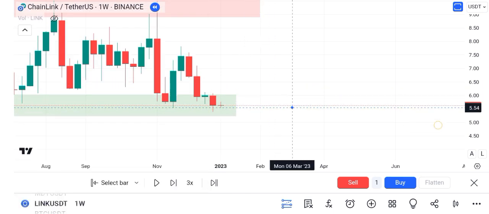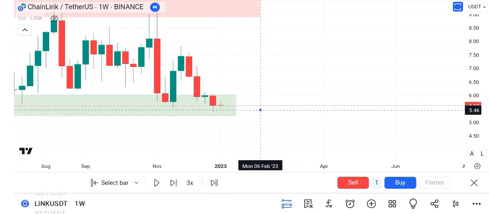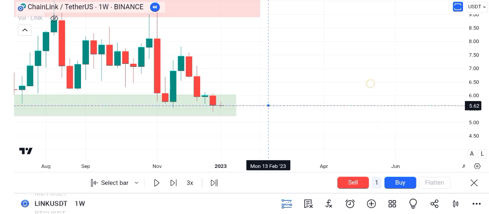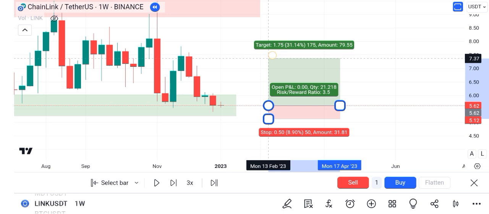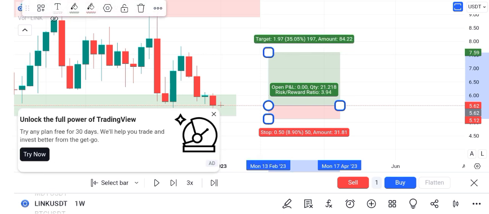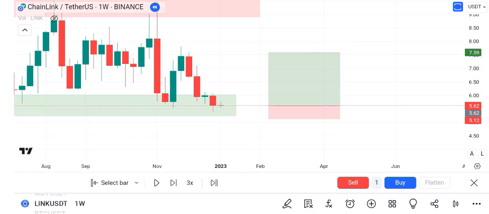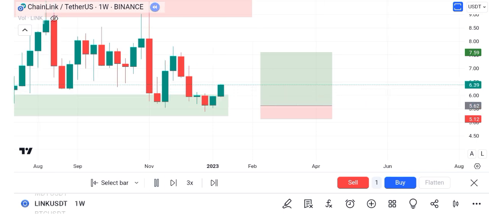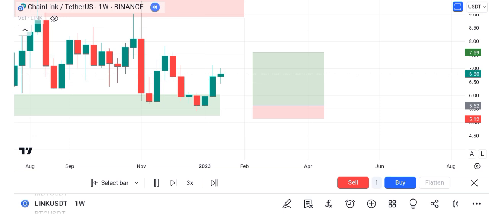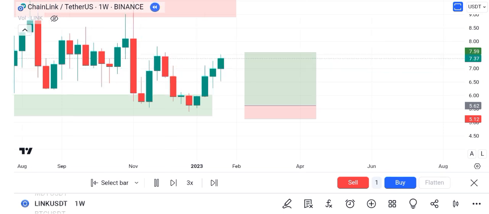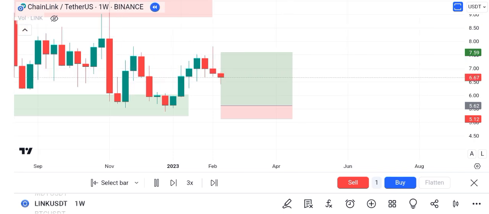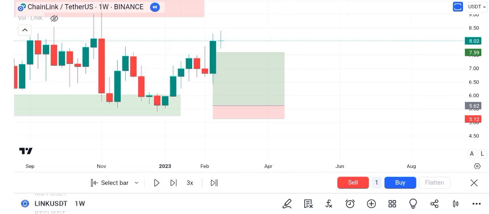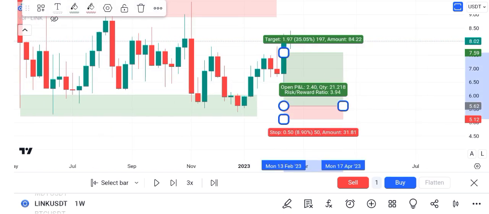So, I will buy it at this point and I will place my stop loss below this demand zone. This is how trading works, and smart traders always use a stop loss. So let's see if the price takes a bounce or not. And you can see that the price successfully bounced and it is trying to hit our TP. And you can see that the price successfully hit our TP. So this is how trading works.